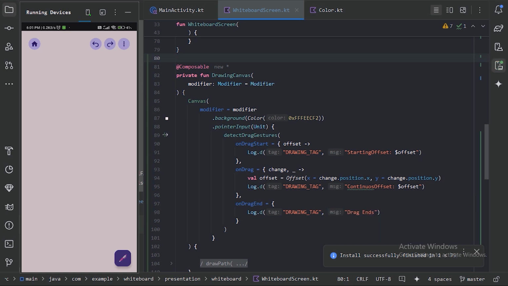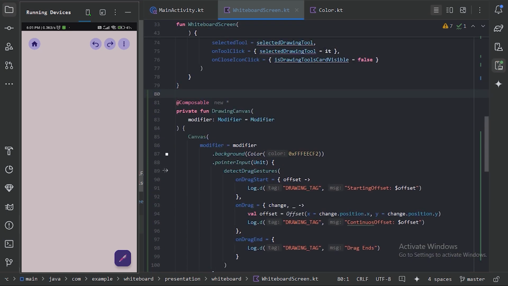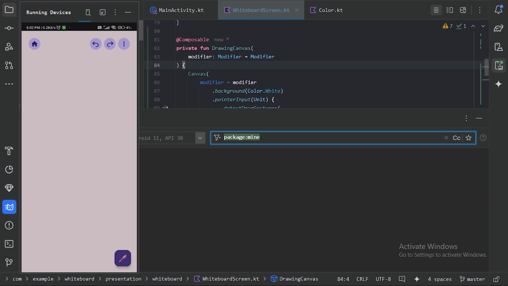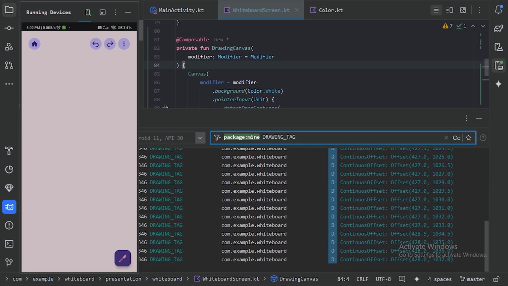So here is our app. First let's make this background as white. And now open our logcat and paste our tag message. So I am pressing my finger, and if I drag here we are getting the continuous value, and if I